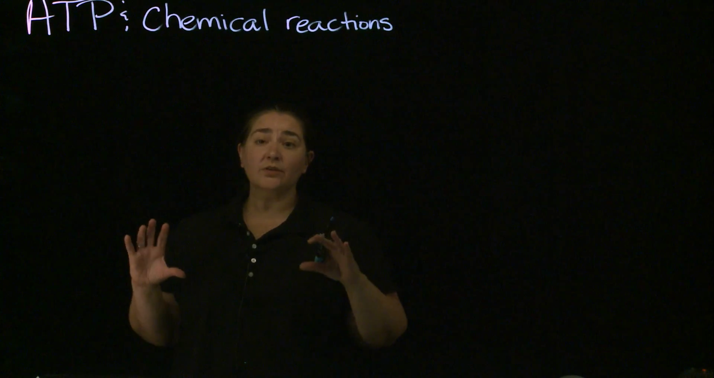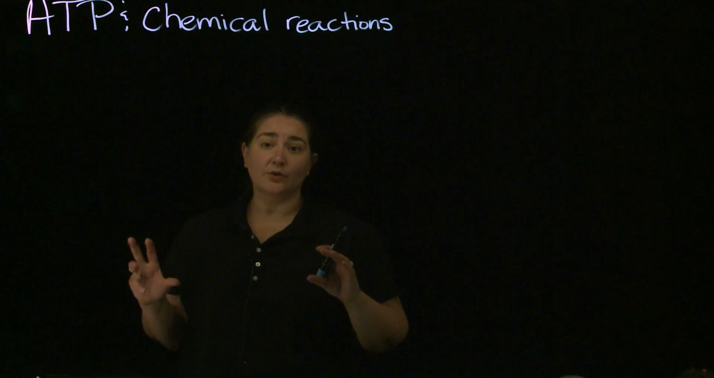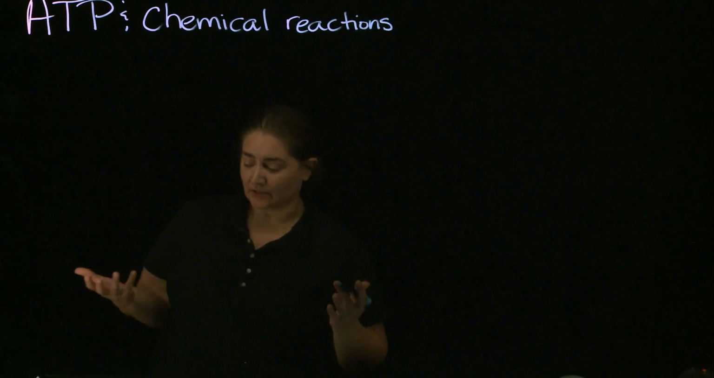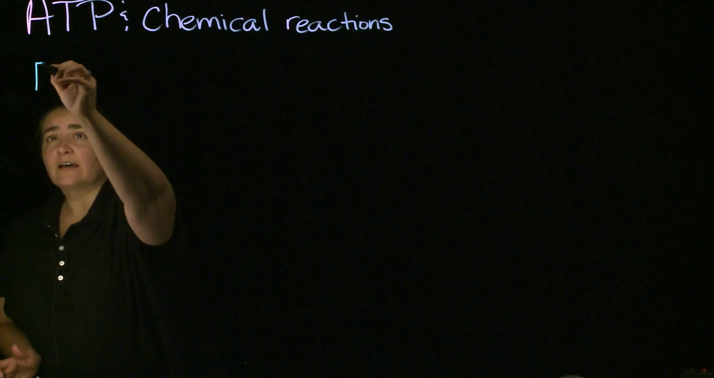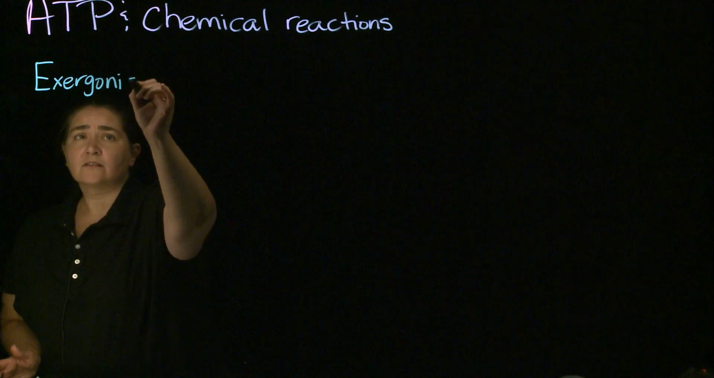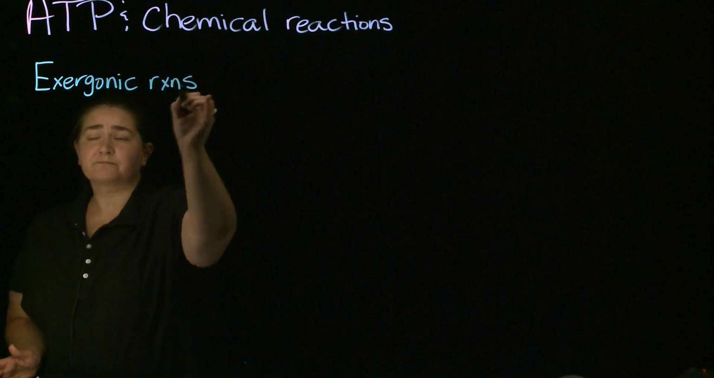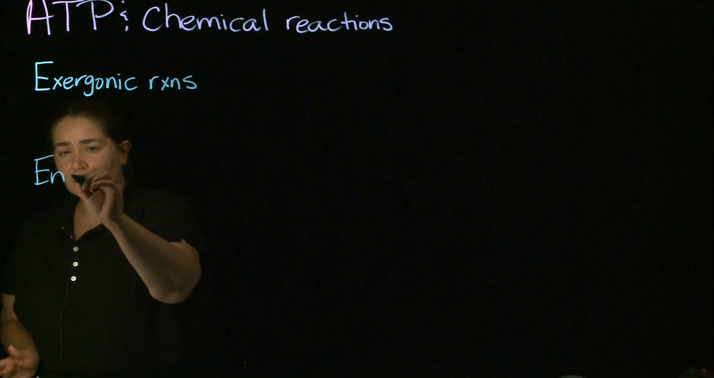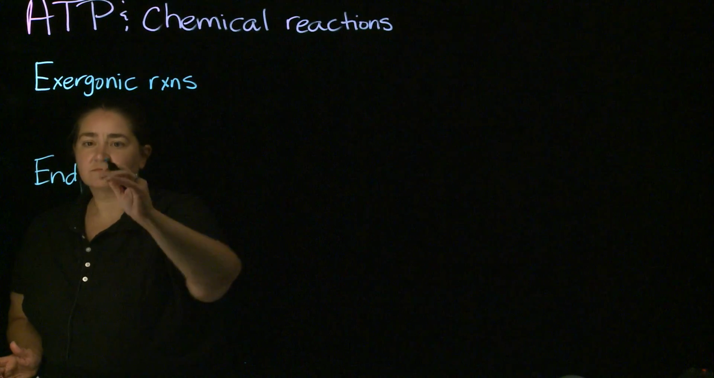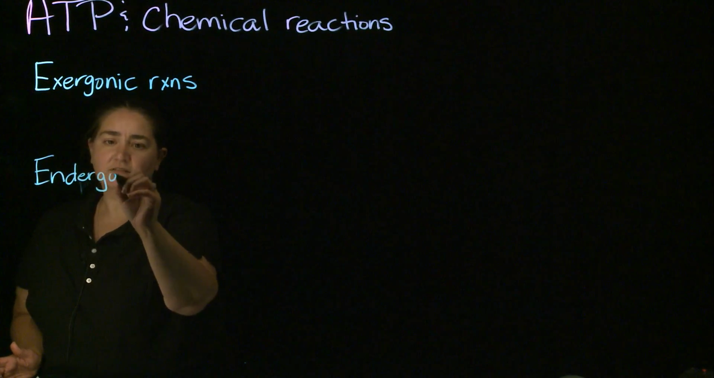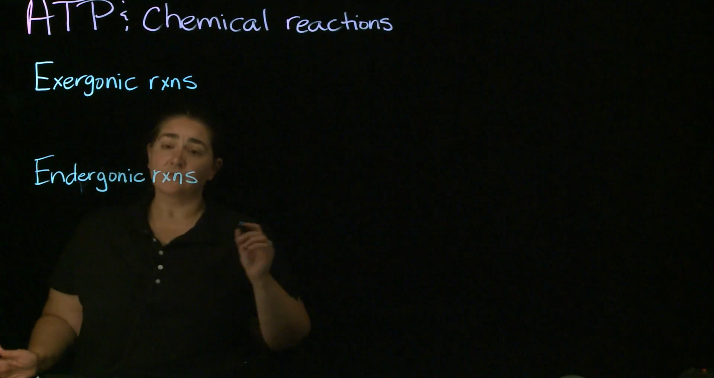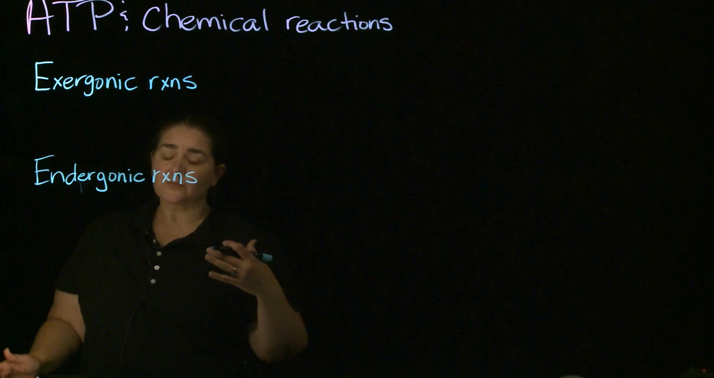So with chemical reactions that are occurring within the cell, they kind of fall into two basic categories. All right, we are going to have exergonic reactions and we're going to have endergonic reactions. Okay, and really the difference between the two,